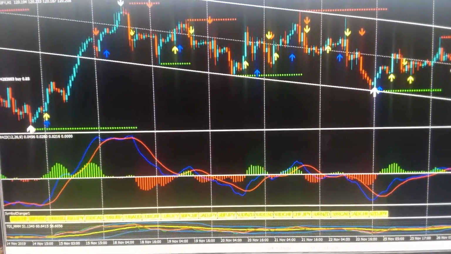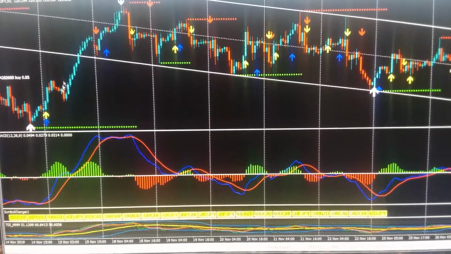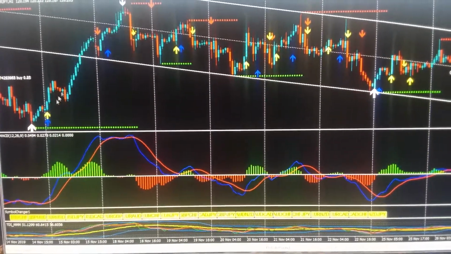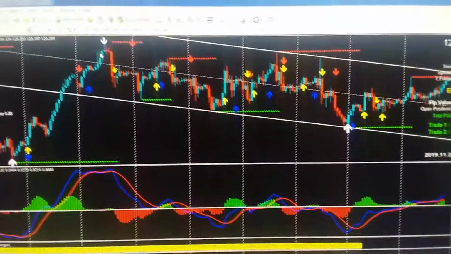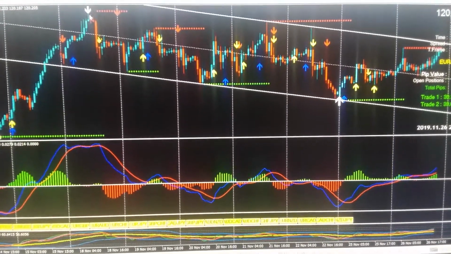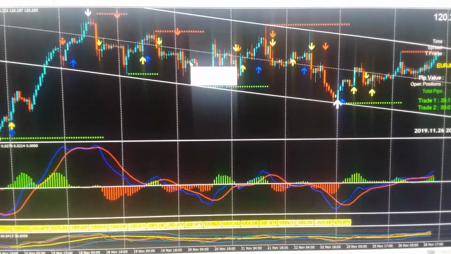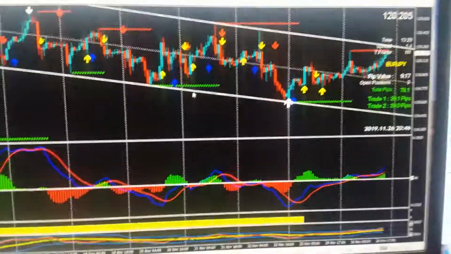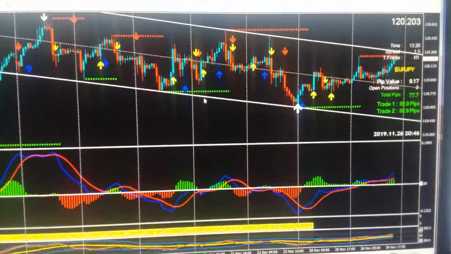If your big arrow is pointing up, it's telling you that this is a bullish trend that's emerging. If your big arrow is pointing down, it's telling you that there's a bearish trend that's emerging. We have confirmations, of course, because as a professional trader,